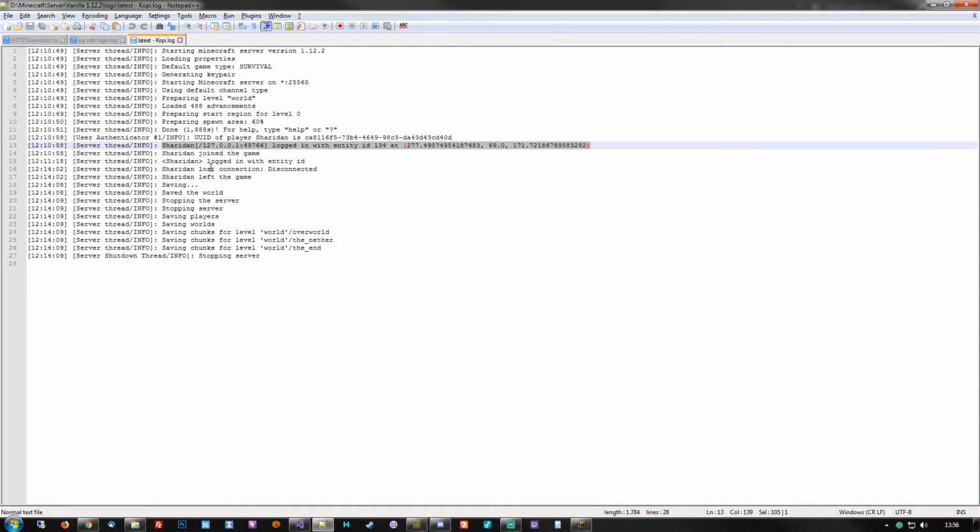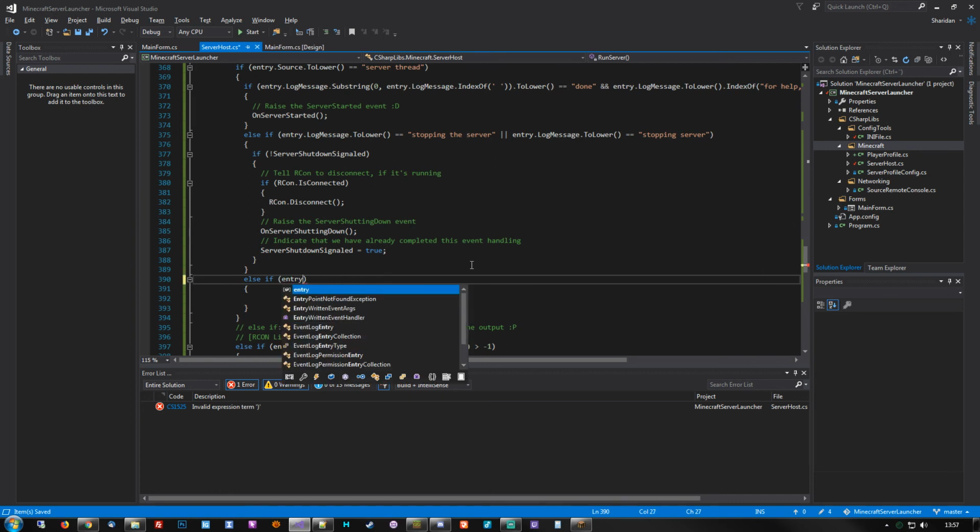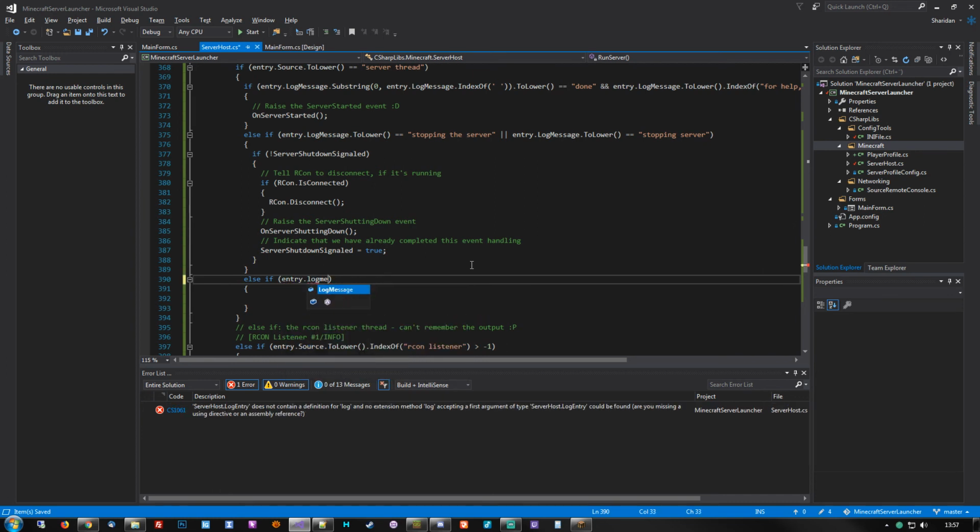So we already have the username. We know for a fact that this particular string will always show up, so we might as well just look for that and then verify it afterwards. We also know for a fact that it will have brackets in there, so we can do some checking on that. If entry.log message